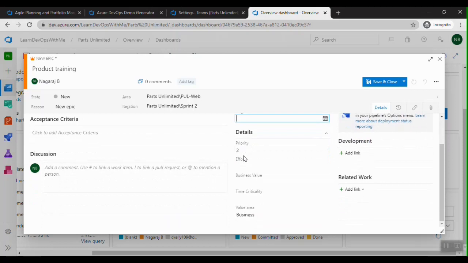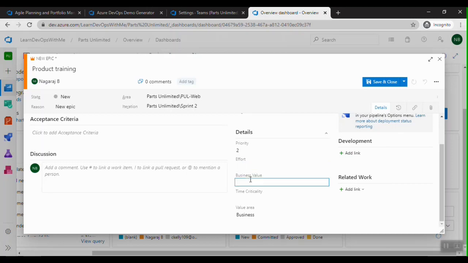And there are other fields called priority, effort, which is basically a relative number that defines how much work it's going to take to complete this epic.